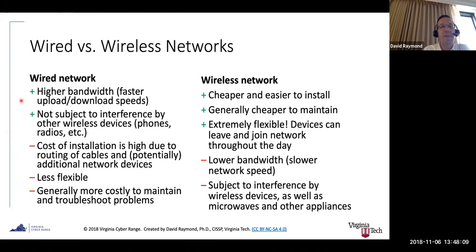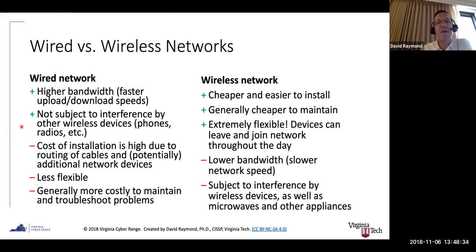And wired networks are not subject to interference by other wireless devices like phones and radios and microwave ovens and other things that emit electromagnetic spectrum that can cause a wireless network to behave in a non-optimal way. No problems with that stuff in a wired network.